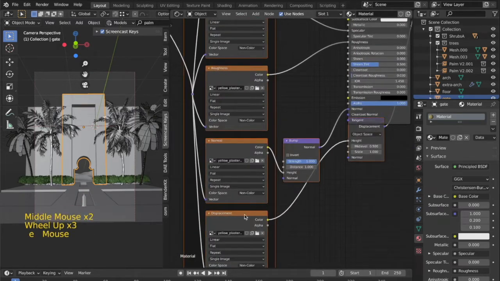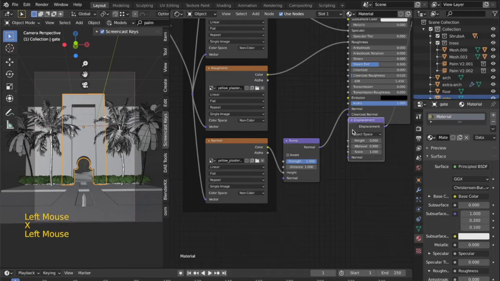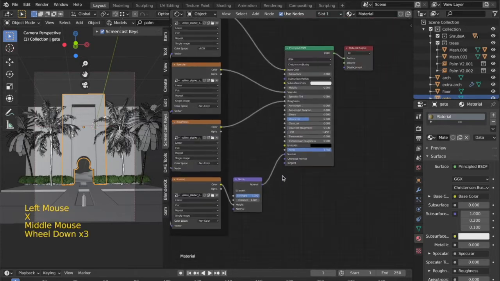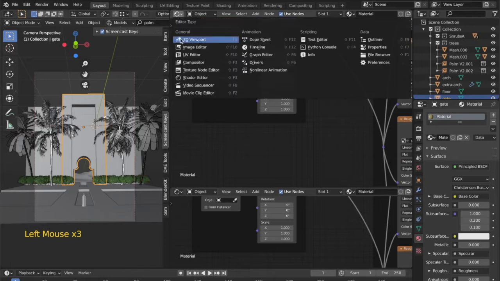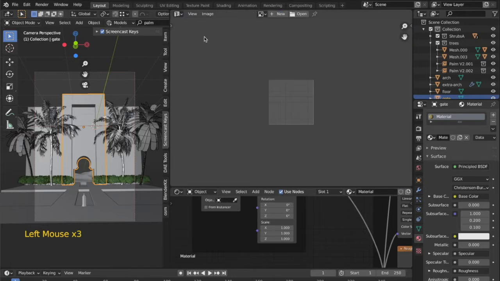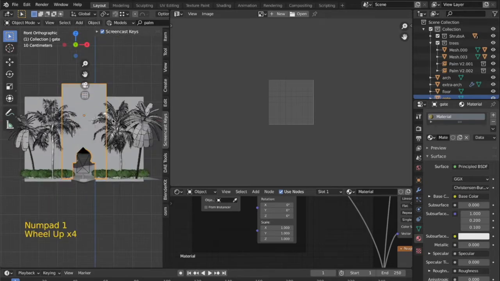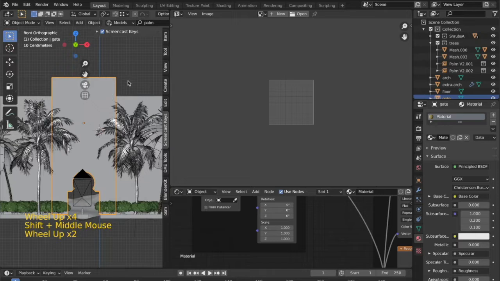Now over here we don't need the displacement node. It will be too much for our scene, so we might not require that. Also, before setting up this material, one thing we can do is UV unwrap this model right over here. So for that I will go into the UV editor. I will go into the front mode by pressing 1 on the numpad. Now what I can do is, instead of UV unwrapping it manually, because in this scene we are only going to see the front faces, I can project it from view.